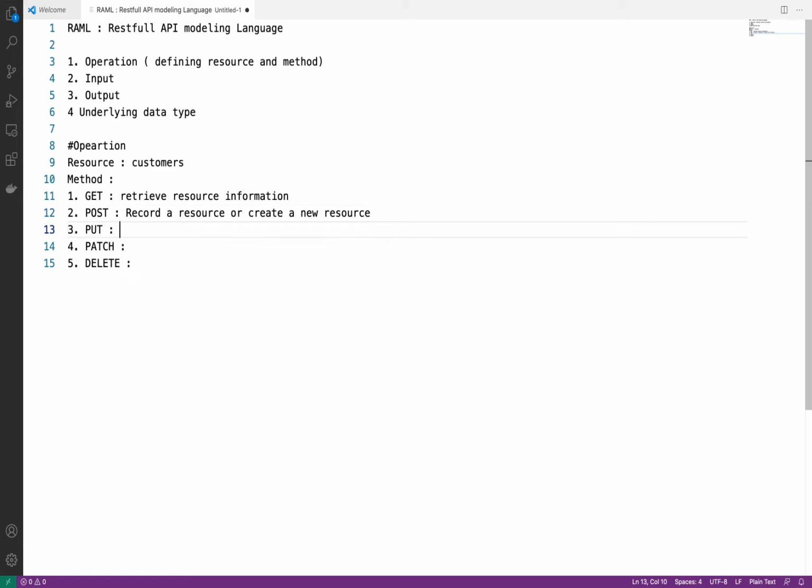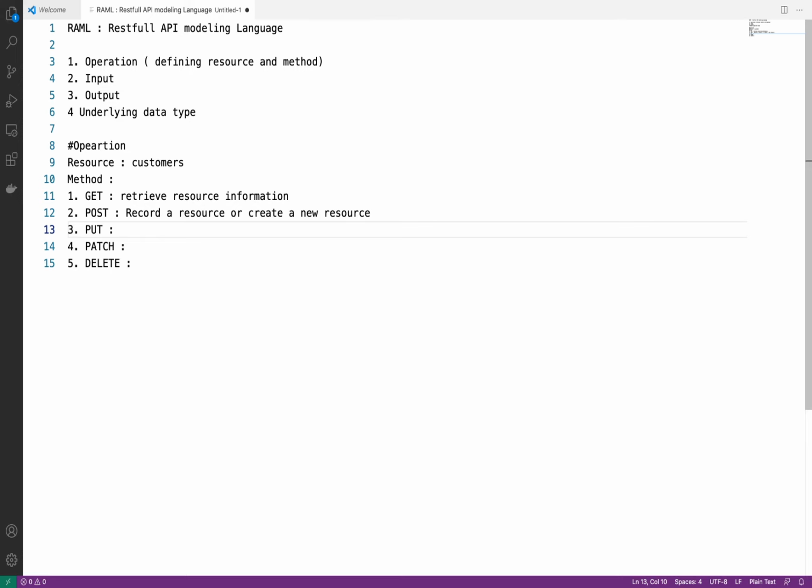Now we have put method. We use put method whenever we want to completely update a resource. For example, I have some customer information and I want to completely replace it with new data. At that time we will use put method. Now for example, I am going to do a put operation on customer information, but that customer information is not available in database or wherever we have that information. In that case it will create a resource.